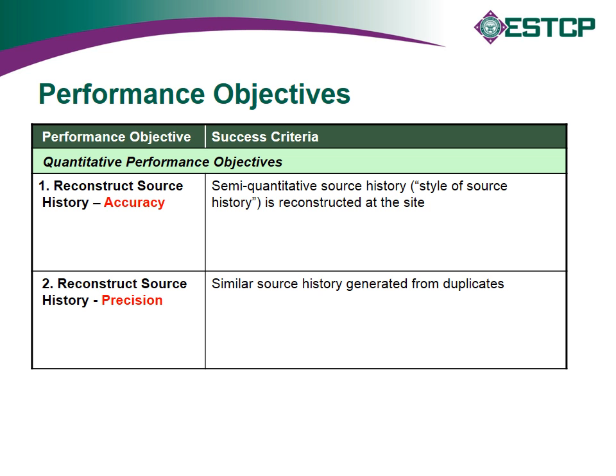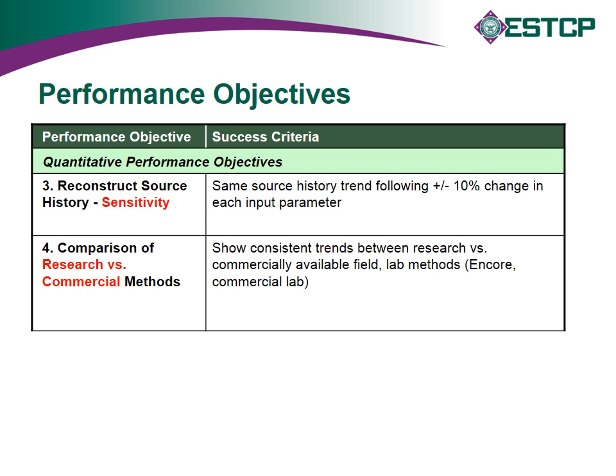Precision is: if we take multiple samples here, can we get the same source history answer by doing it over again? Mm-hmm. The third and fourth quantitative performance objectives: number 3 is sensitivity. If you have some uncertainty in the input parameters that you're using for this type of model, maybe you don't know the porosity with that much certainty, how much does changing that by a small amount or a big amount change the answer you get in terms of your model prediction? Then finally, number 4 was basically a comparison of methods,